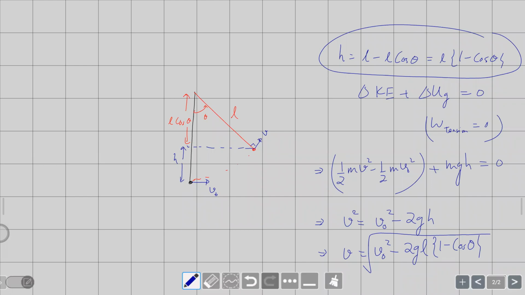Sir, why will the work done by tension be zero here? Yeah, because see what is happening: the tension is always acting in such a way, at every point, that it is perpendicular to the velocity. Okay, so that is something important to understand. Understood, sir. Tension at any point is perpendicular to the instantaneous velocity. So in fact, tension as a force is perpendicular, and therefore tension's dot product with velocity is 0 at any point.